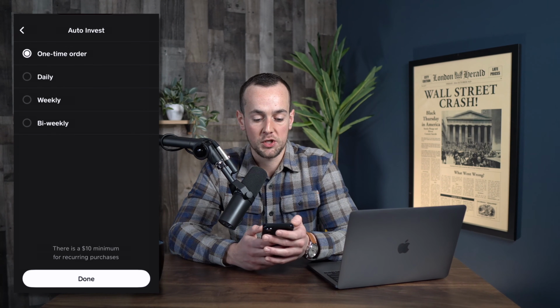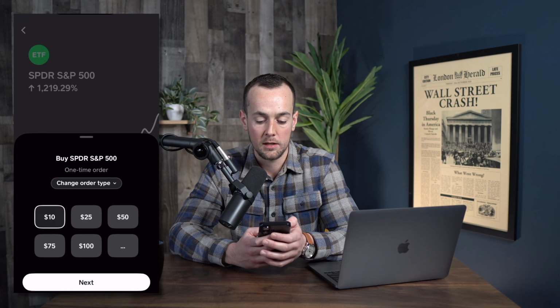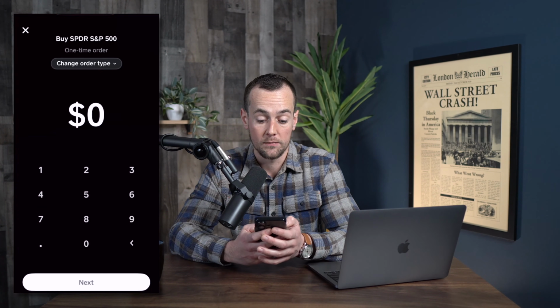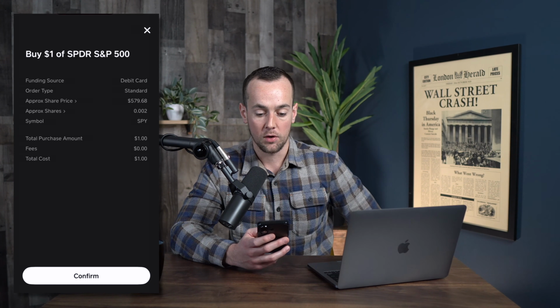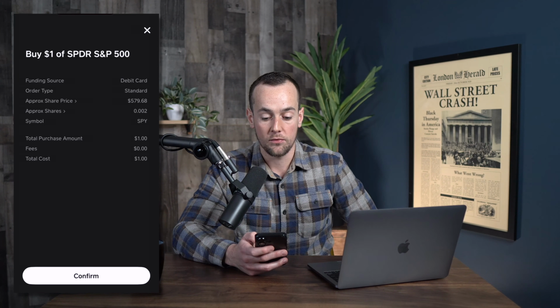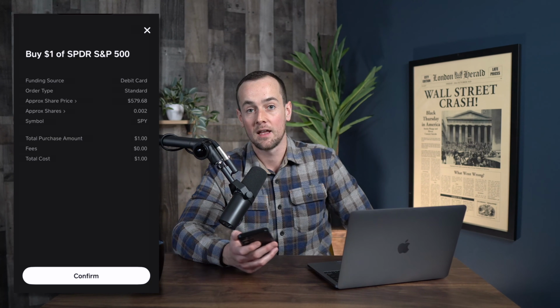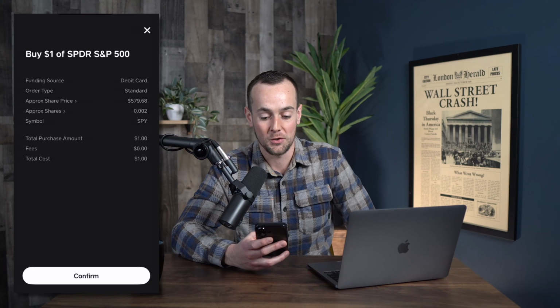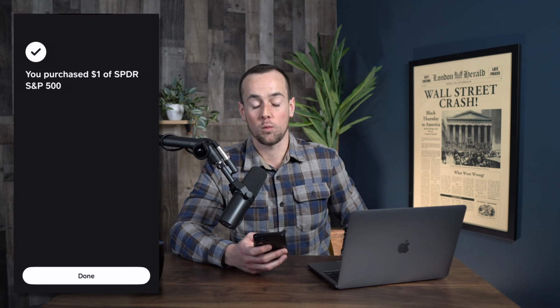But in this case, we want to just do a one-time order, so we're going to click on one-time order and then select done, and we will do a $1 investment just to prove that you can do it this time. So now we're going to put one single dollar into the S&P 500 through the SPDR ETF, and this is going to be from my debit card. We're only going to get 0.002 shares, but hey, it's still possible, so I want to show you guys that you can do it. We're going to click on confirm,